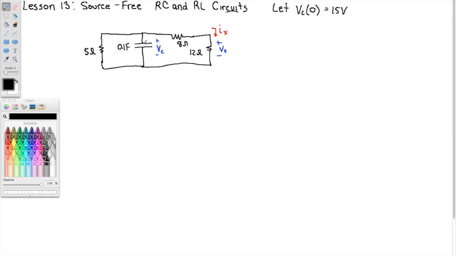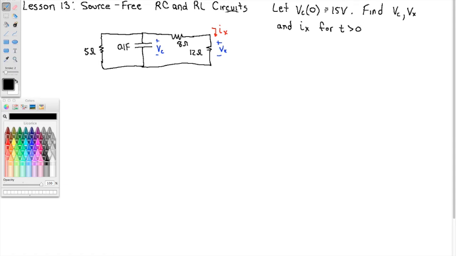We connected the capacitor to a battery of 15 volts, and then we disconnected the battery. Okay, and so it's originally charged. Find Vc, Vx, and Ix